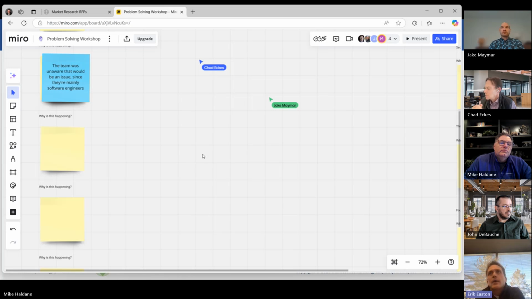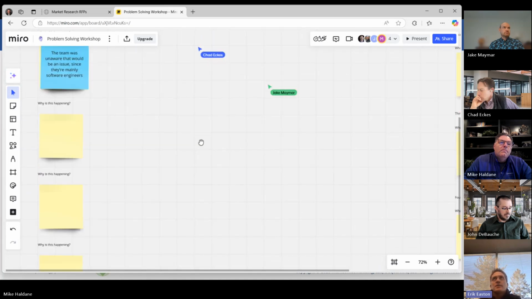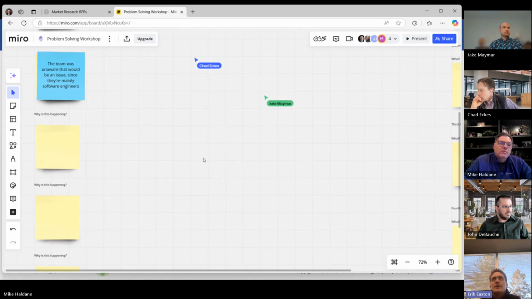I think there could be a why behind, essentially requirements, right? Why were they missed? Why is the device not designed to pick up that particular